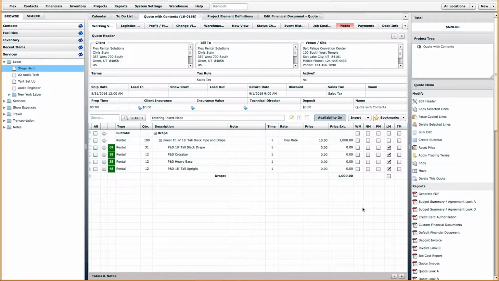So in this example, we created a package built off of suggestions called linear foot of 18-foot tall black pipe and drape that we're renting for $10, 100 linear feet for $1,000. This item has contents and it comes with 31 pieces of tall drape, 12 crossbars, 12 heavy-duty bases, and 12